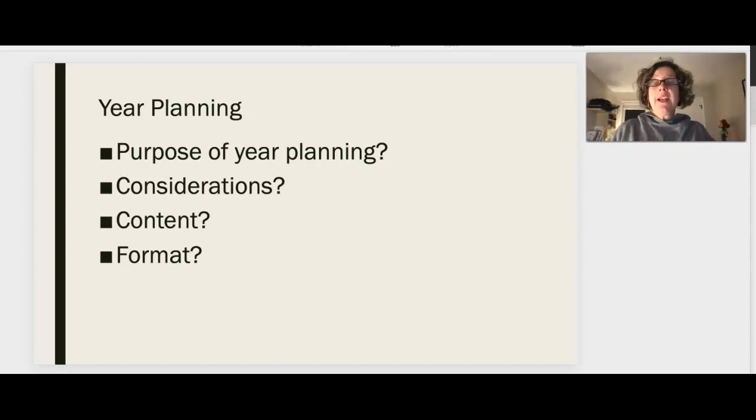And usually some kind of year plan is required, right? Some principals will ask for year plans by the end of September. Some principals won't ask for year plans ever. But even if you're not asked by the principal to hand them in, it's such a